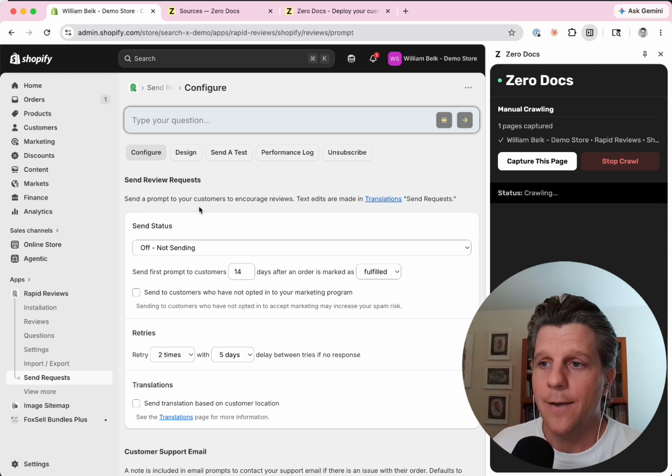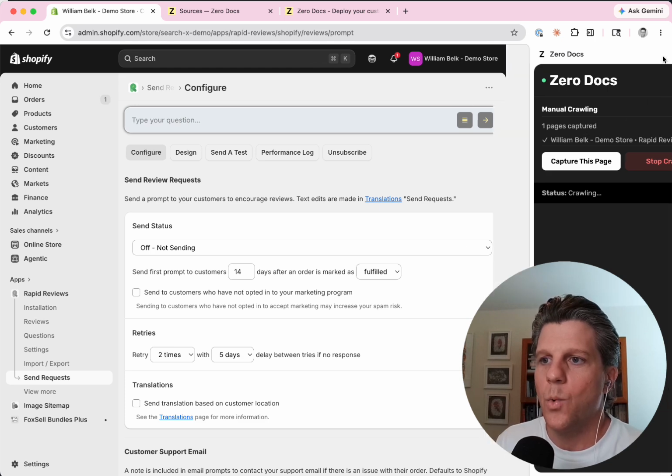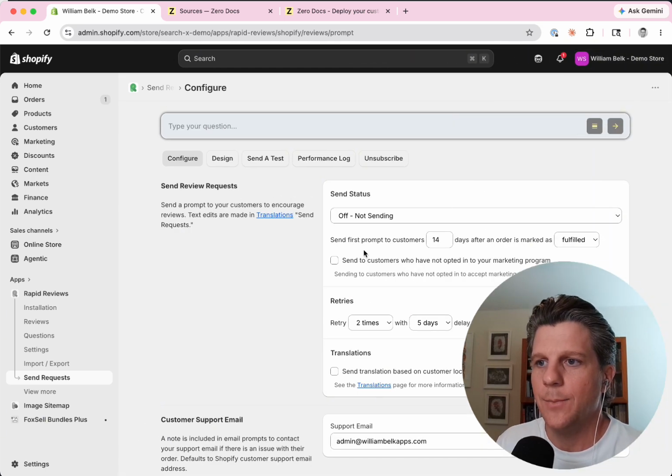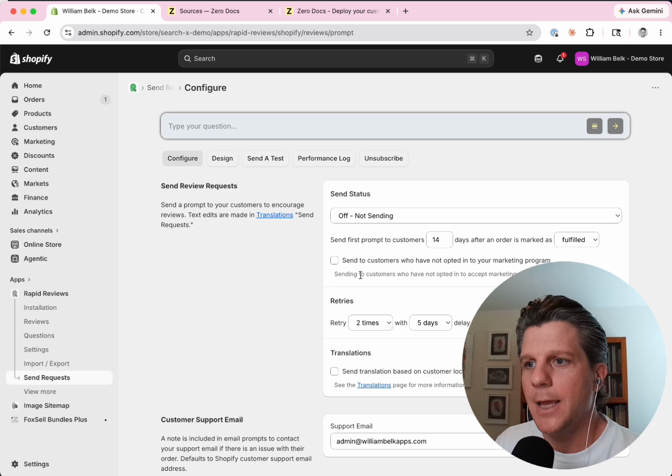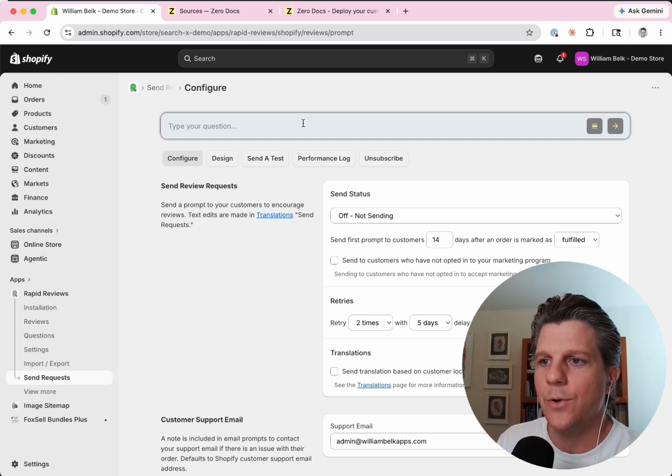So even obviously I coded every part of this app and I built it from scratch. The agent knows things that I've forgotten since I built the app, which is pretty cool to watch. So the agent will come up with ways to solve problems where I say, oh yeah, I forgot that was even a feature and I forget where it is. And it's in the existing documentation, but it's hard to keep up with everything as Shopify changes so fast. All I need to do is just recrawl my screen if I make updates to the app. And then the knowledge agent is already perfect again because it knows the actual app screens and it can compare